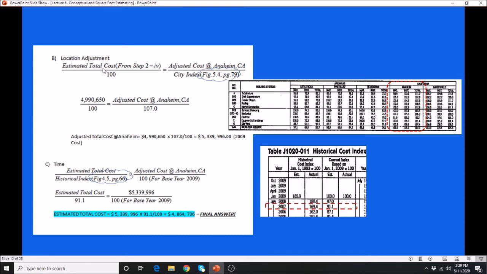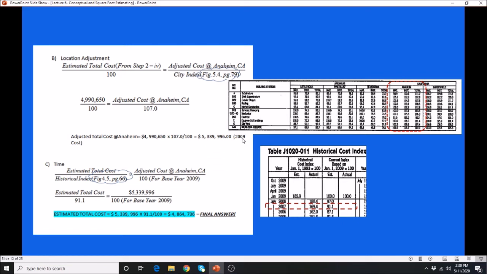All right, so the estimated total cost that we calculated in the previous is 4,190,000 divided by that 100. In Anaheim, we need to figure out the city index, which is in figure 5.4. This is your California. So that is 107 weighted average Anaheim, and we have here 107.0. Plug in here to this relationship, cross multiply, and this will give you 5 million. And again, I want to make sure that you get it, that this value that we are calculating